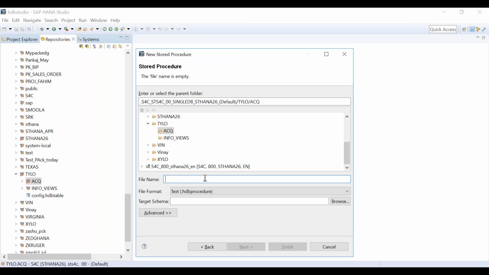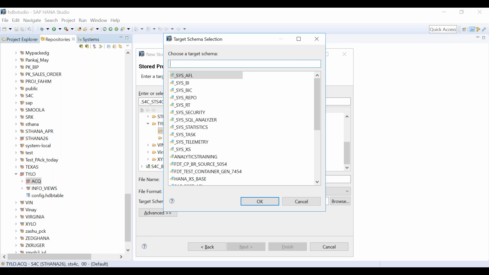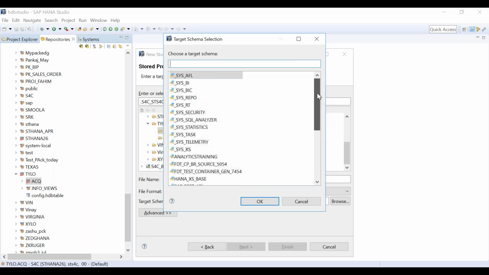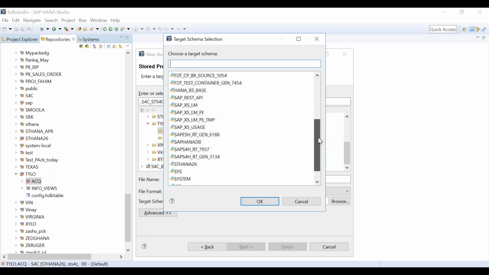We will write SQL stat1, or you can say SQL example1. Target schema, the schema where this procedure is going to be deployed when you activate. So what we will do is we will write it here. Which schema?